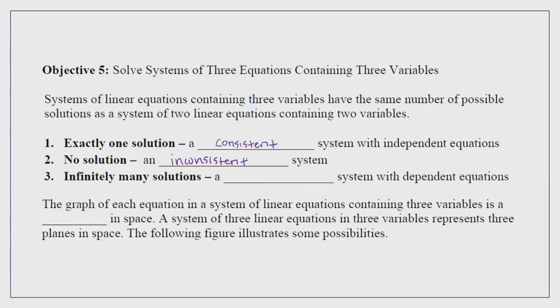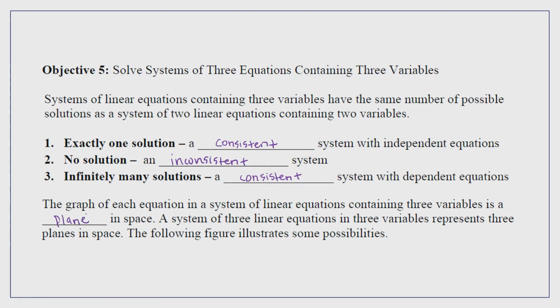And 3, infinitely many solutions, a consistent system with dependent equations. The graph of each equation in a system of linear equations containing 3 variables is a plane